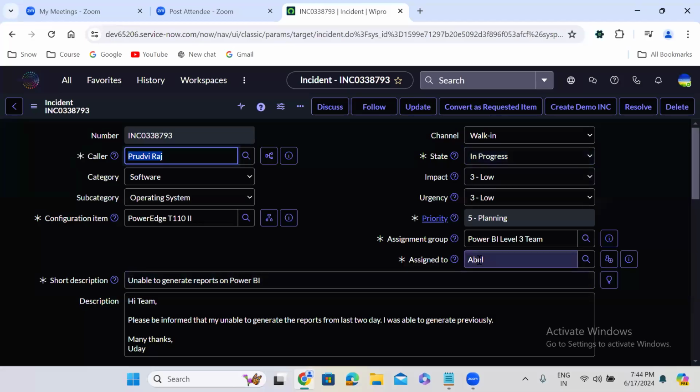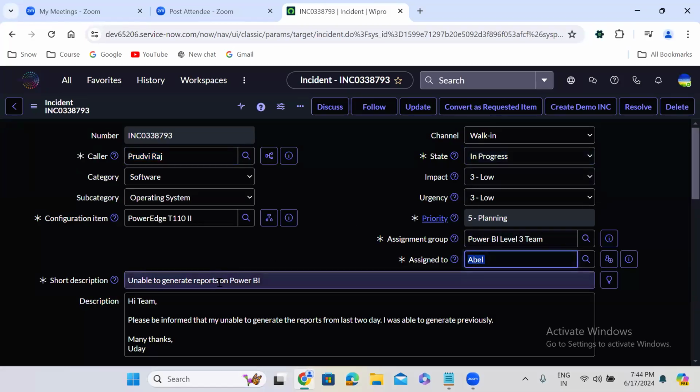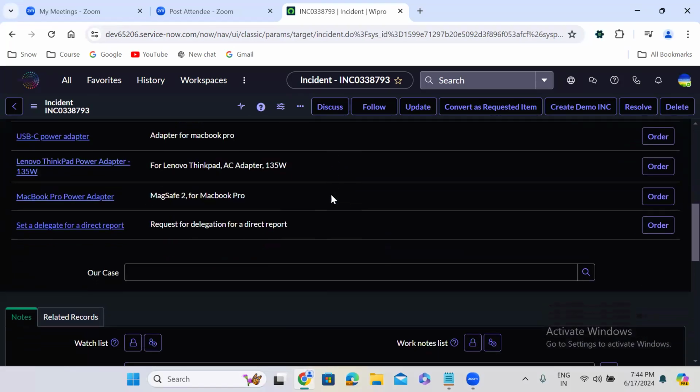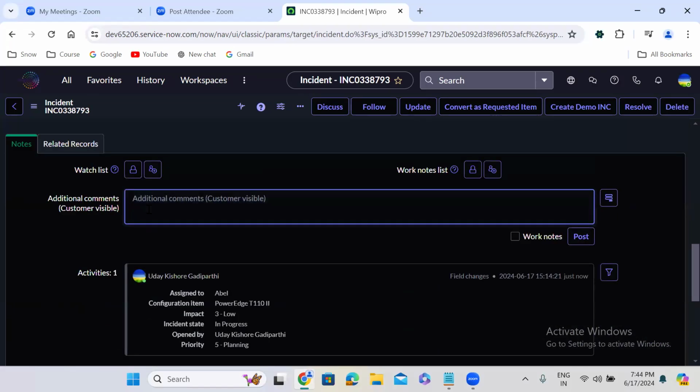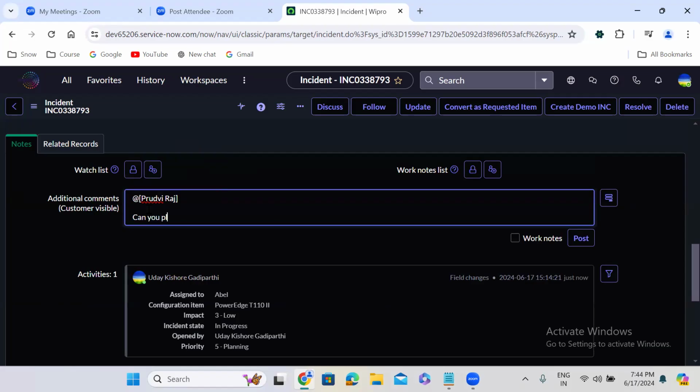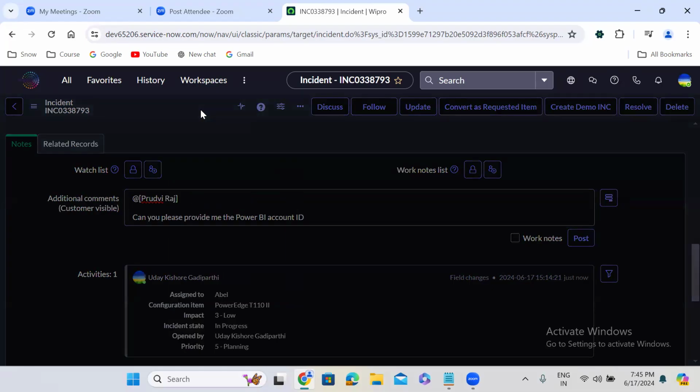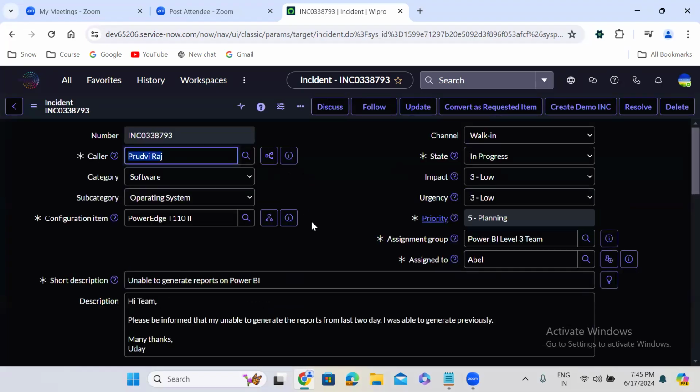So that means Able is the one who is working on this particular Power BI issue. Then Able can contact Prudviraj over the notes here. There is note section here. Direct Prudviraj, can you please provide me the Power BI account ID, so that Prudviraj will receive an email that Able has asked something.